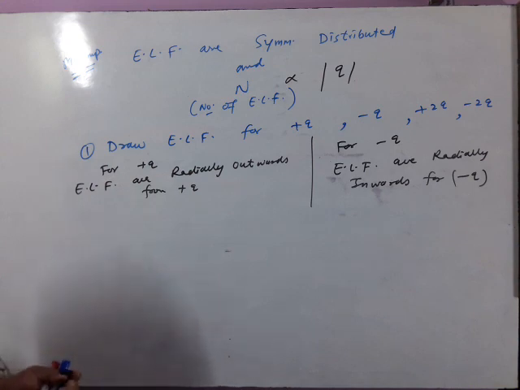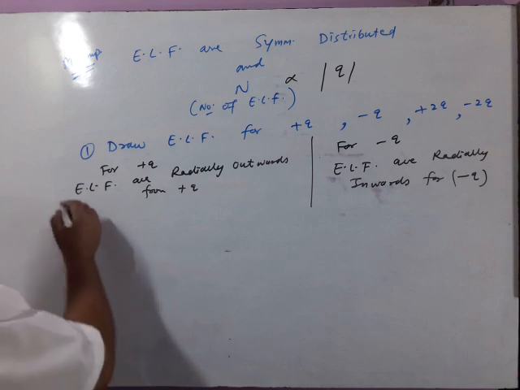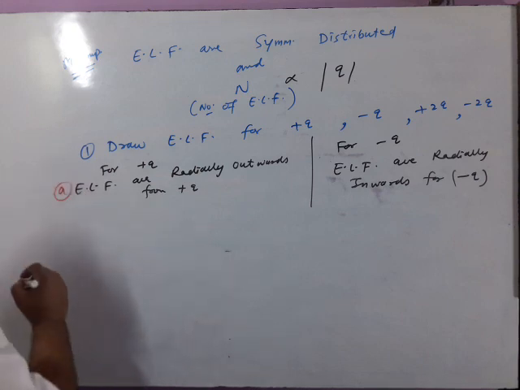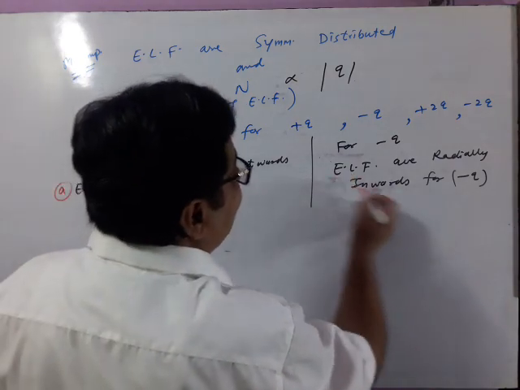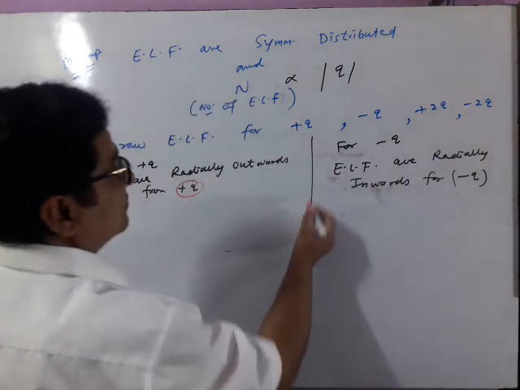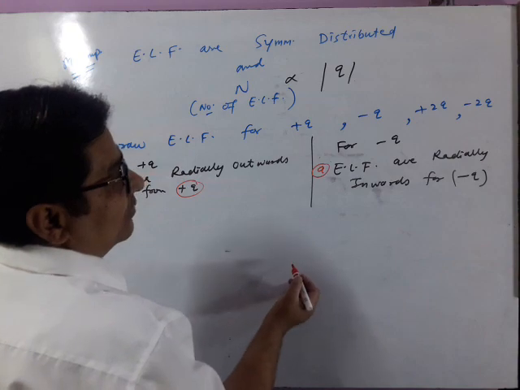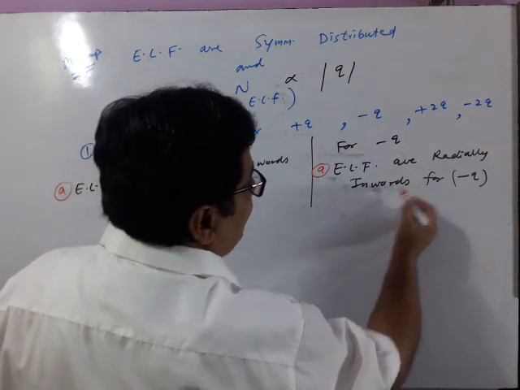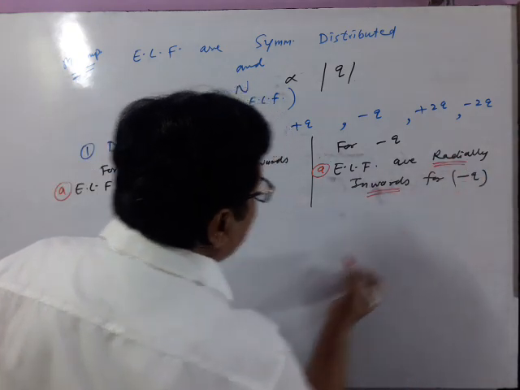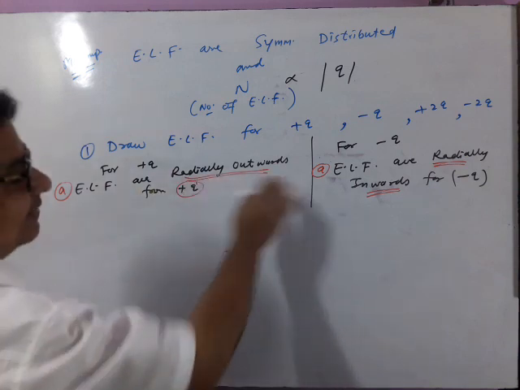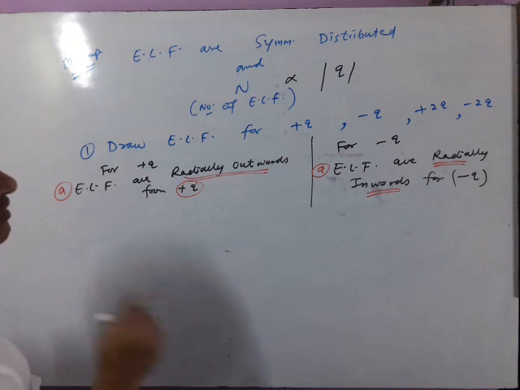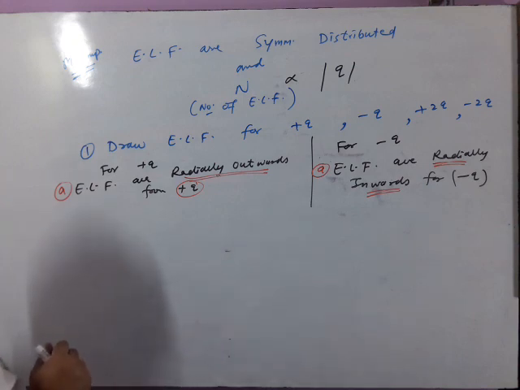Breathe in slowly and gradually. We will see three things simultaneously. First of all, we will see this A step, whether it is positive charge or negative charge. This is A for negative. So we will draw the lines radially inwards for negative charge and radially outward for positive charge. This is point number A. Either inwards or outward direction of field lines.